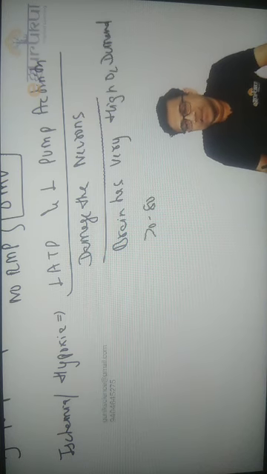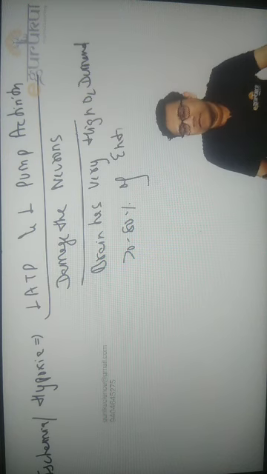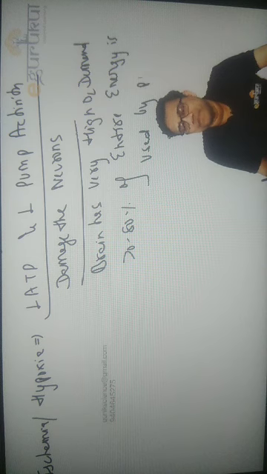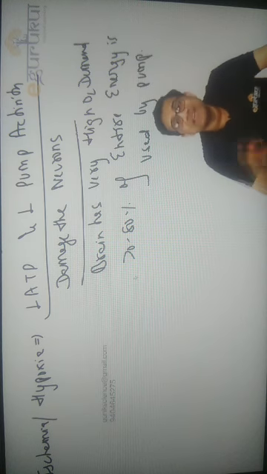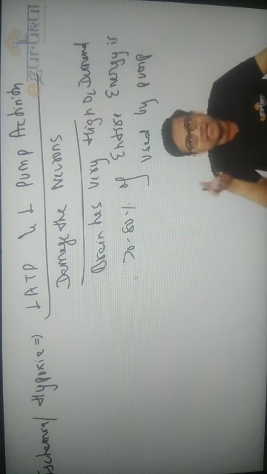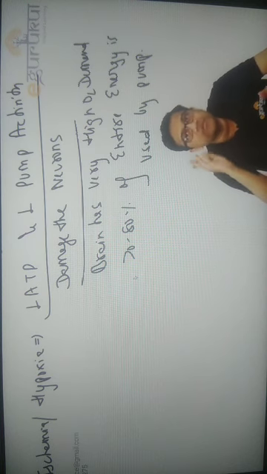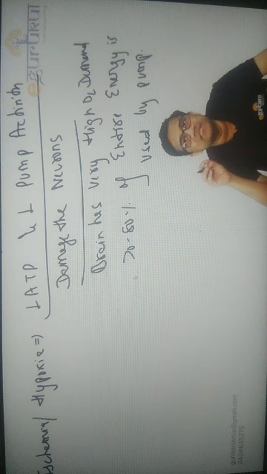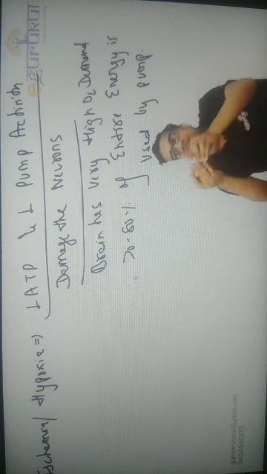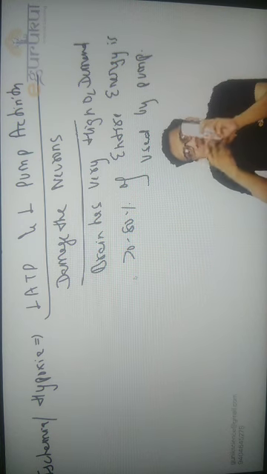In fact, the book says 70 to 80% of the entire energy is used by the pump. So the brain has a very high oxygen demand, and that's why it cannot do anaerobic metabolism. It's like an air conditioner or some hi-fi machine: it will not run on batteries, it requires a proper high-voltage supply. In the same way, the brain cannot work on a very little supply. Like these batteries which I have, they can run the remote, but they cannot run my air conditioner or laptop. They do not have sufficient energy output.